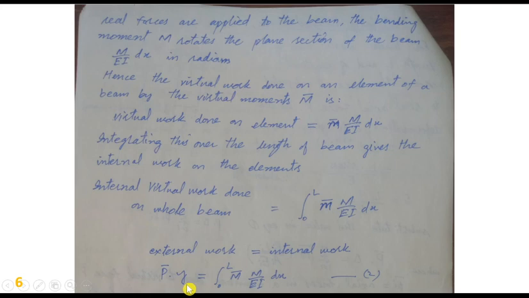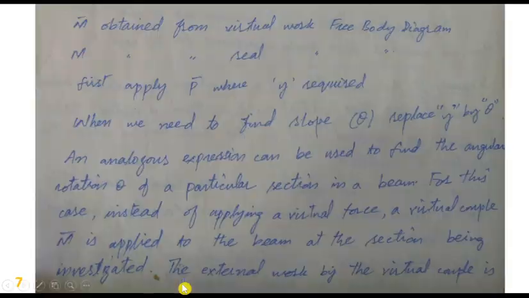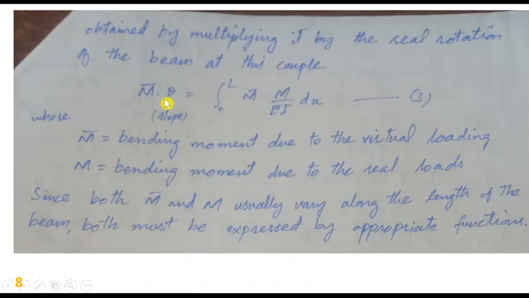So from here, what will be the value? When we solve it, the virtual terms will cancel out. The remaining thing is y, the real deflection of the beam, which is to be determined. Here theta is to be determined, that's why we have applied this. M will again be cancelled out, but not without taking the integral. After taking the integral and taking the common term, we cancel out m bar, and the remaining is theta, which is required if the slope is needed. So m bar is virtual, m is real.